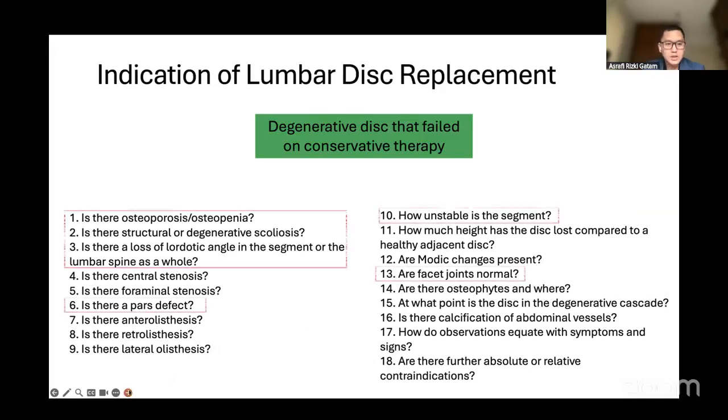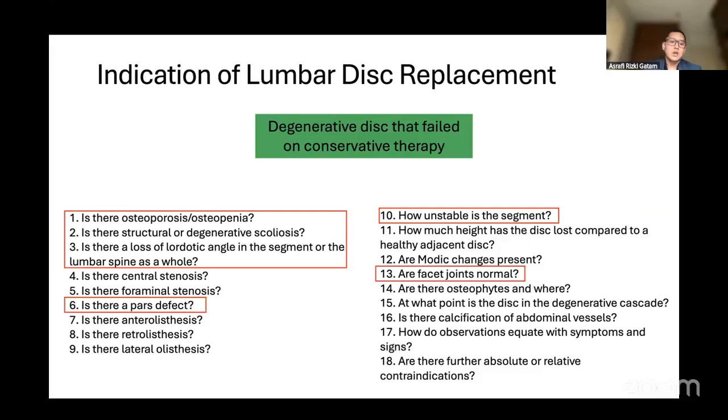But from all this consideration, there are some points that I think, in my practice, we need to really evaluate more, especially osteoporosis, pars defect, and instability. Osteoporosis is the biggest enemy, since we know that in the lumbar spine, the pressure is much higher compared to the cervical spine and the anterior segment. So we need to have a good bone quality to prevent